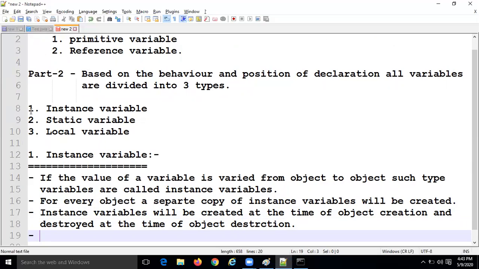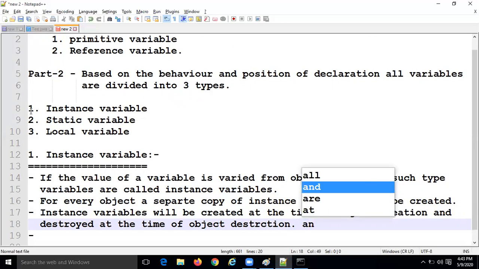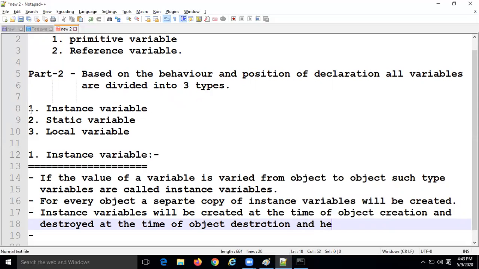Next one. I forgot to write something. Destroyed at the time of object destruction. And hence what is the scope of the instance variable here?